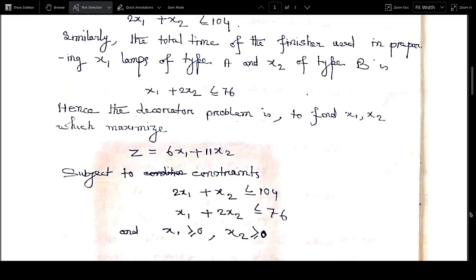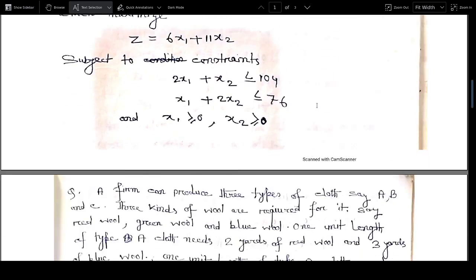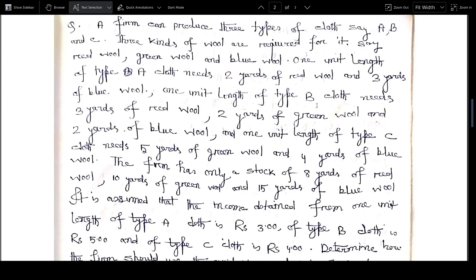Ishita. This is the problem of how to formulate the linear programming problem. And the next one, the second question, is: a farm can produce